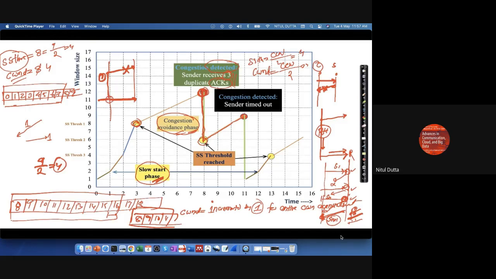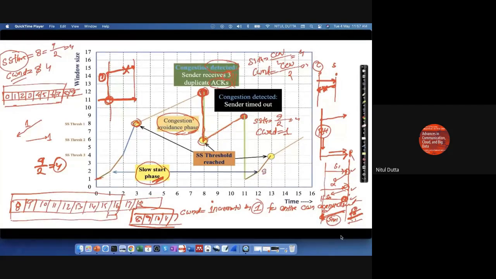So the sender assumes that there is some congestion in the network, and it has to take care of the congestion. In that case, it will change the congestion window, but this time the congestion window will be set to 1 MSS as in the first case, and the SS threshold will be equal to the size of the congestion window, 9 say, divided by 2, which is equal to 4,